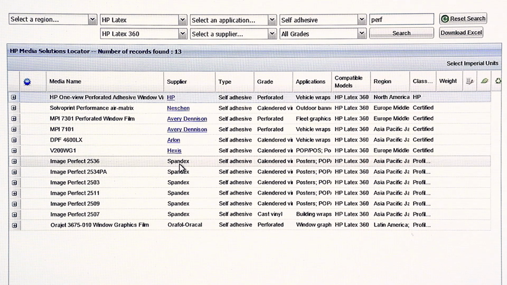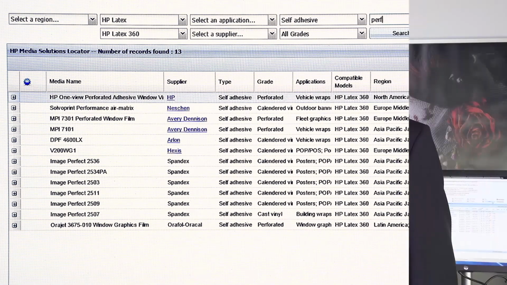Using the locator is always the first place to start. The more you know it, the more you benefit from all the research we've done on different types of materials, and it will definitely help you be a lot more effective and successful the first time you try it with the latex printers. I can't emphasize enough how important the HP Media Locator is to being very good with the latex printers.